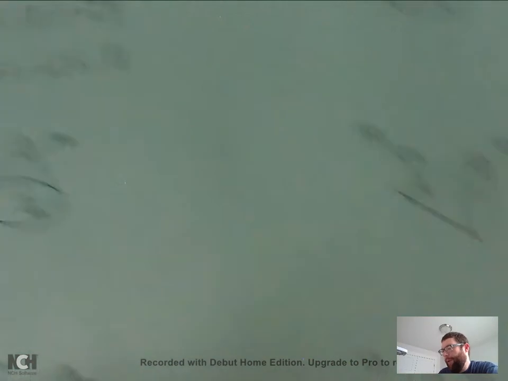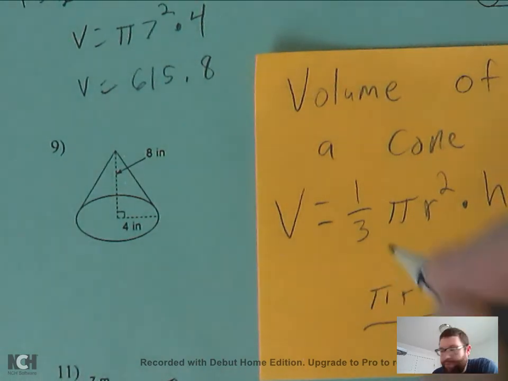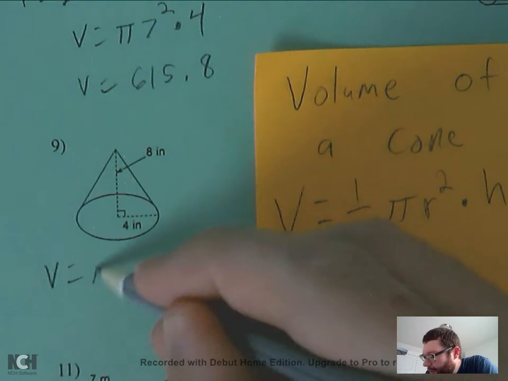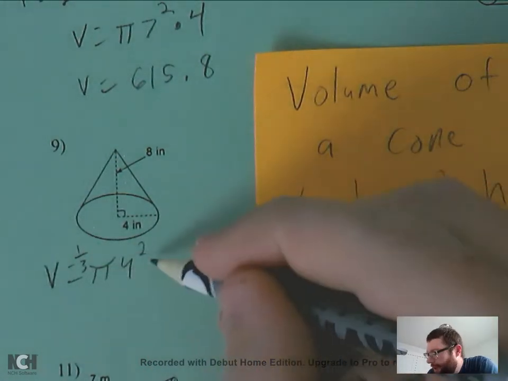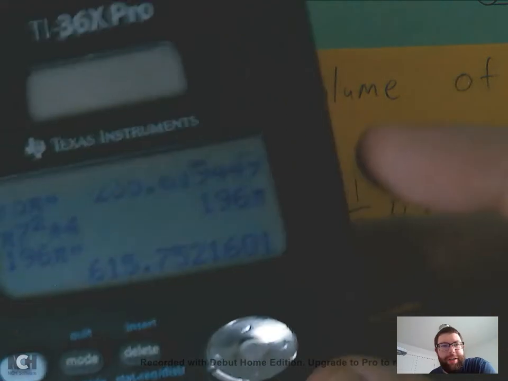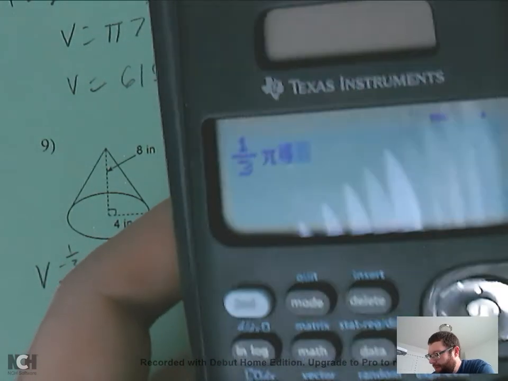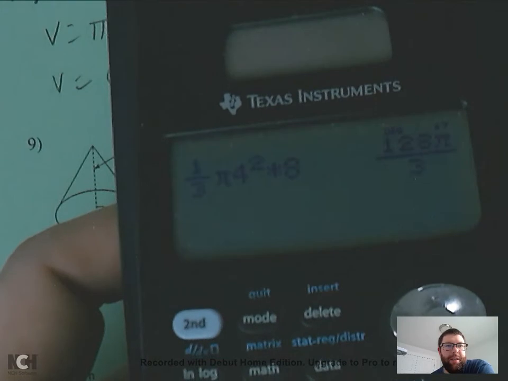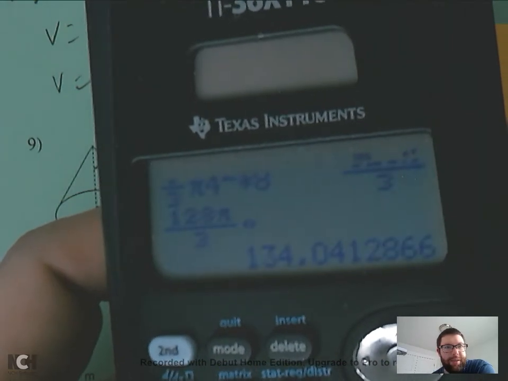Okay, so let's try and do an example. Again, we just need a radius and a height, and then it just plugs into the formula. My radius here is 4 and my height is 8. So volume would equal 1/3 pi times 4 squared times 8, right? Or I could write it as divide by 3, but we're going to write it as 1/3 because that's how I want to enter it. So in our calculator, 1 fraction button 3 times pi 4 squared times 8. Okay, and I'm going to get 128 pi over 3, but again, I want a decimal, so when I click that decimal button, it turns into